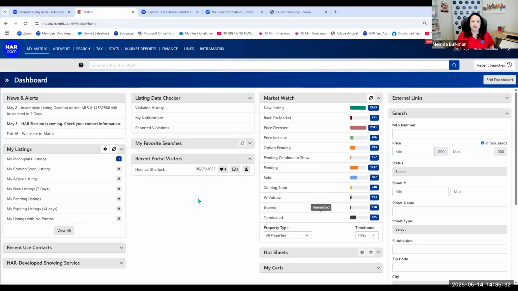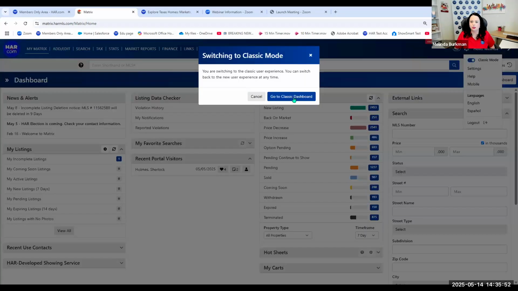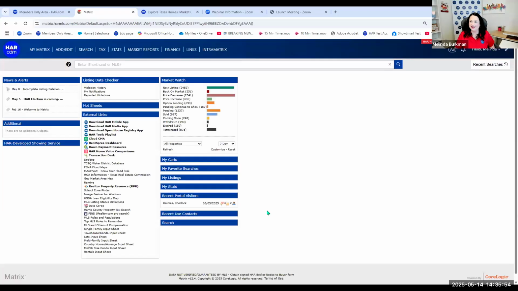All right, starting here on my dashboard, when I open up Matrix, sometimes there's some pop-ups with announcements. I have said that I've read this so that we don't get any of those because this is a recording. Some of those might not be timely announcements. If you ever want to get back to those announcements though, they're here under news and alerts. All right. I'm gonna go to the classic dashboard, just in case some people might panic that my dashboard doesn't look like theirs. We've got two dashboards. This is the classic, and the other one is the modern. I'm gonna be doing a video on that real soon, okay?